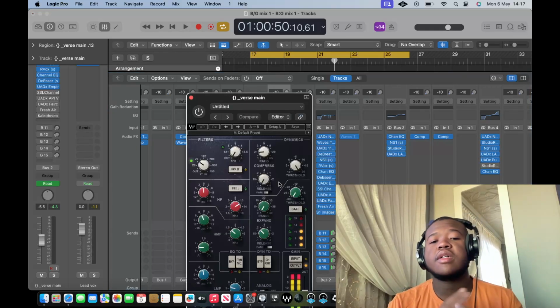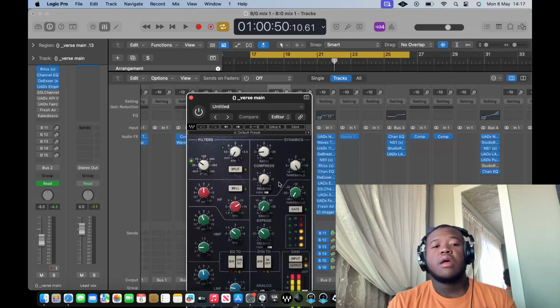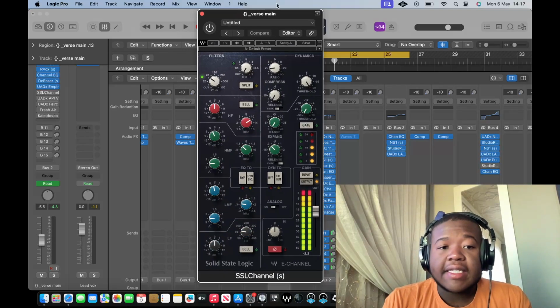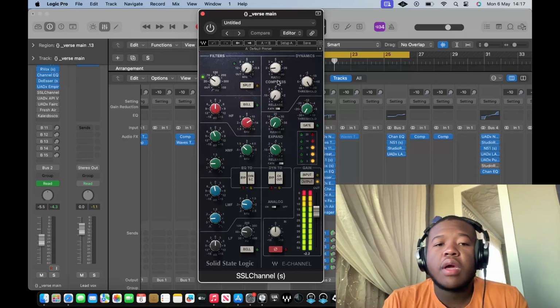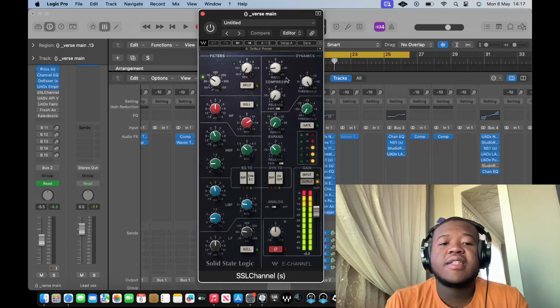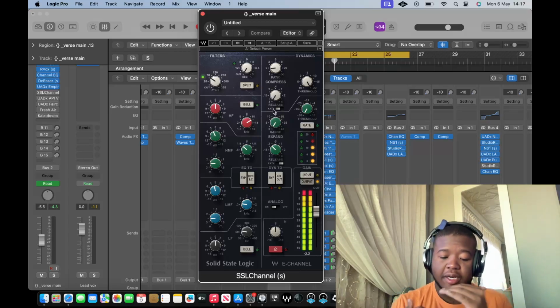The next thing that we did was some EQing with the SSL to get some of that SSL sound. So we high passed it a lot more to cut the low end, and then we compressed it, fast attack, and it releases at 1. So just to keep it in that pocket, we don't want it jumping around way too much.